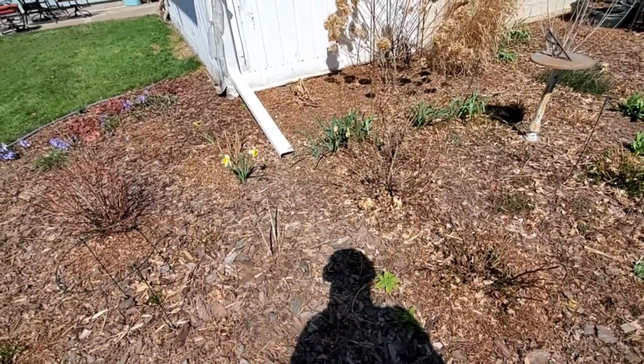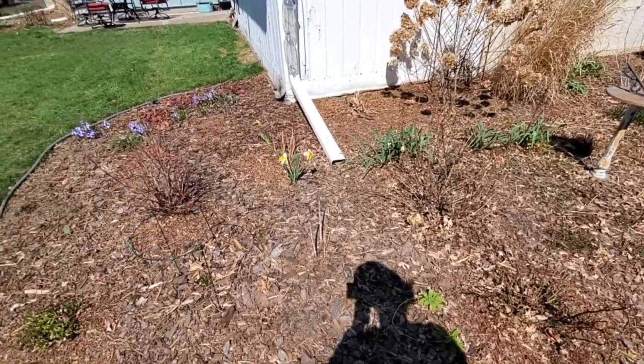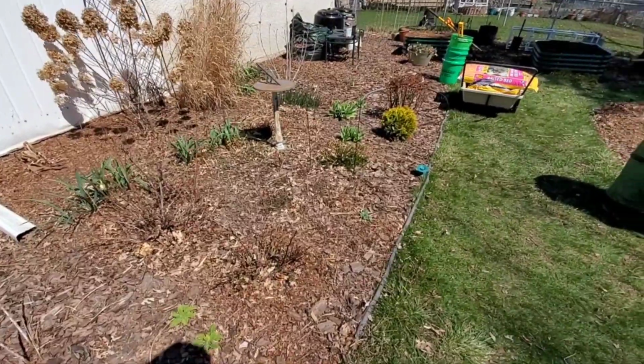Another bloom opened up, and I can see I'm about to have 2 more. So that's exciting. And it is very windy. I'm sure you can hear the wind. So, yep, update